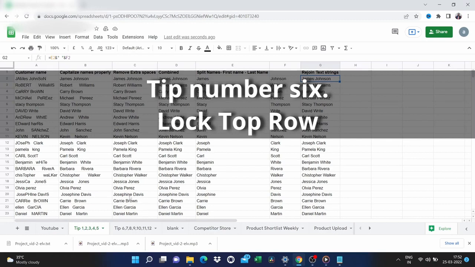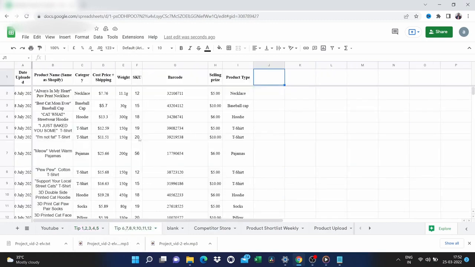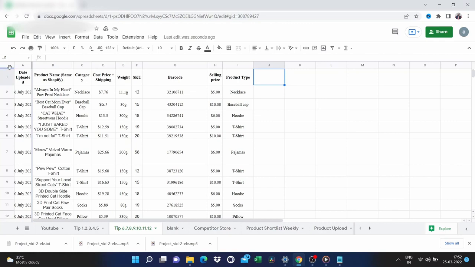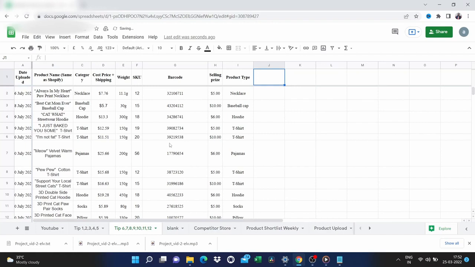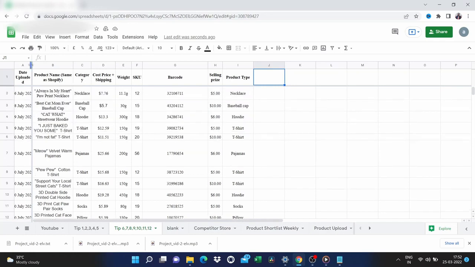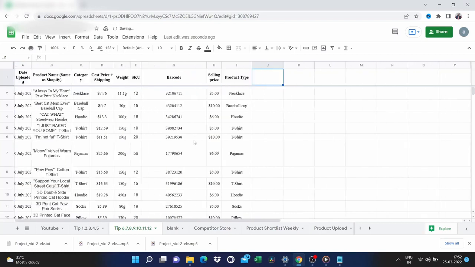Tip number 6. Freeze top row. If you have a table with lots of rows, it can be annoying when you scroll down and can't see the column header. So what you can do is lock the top row. In Excel, this is called freeze panes. If you hover over this horizontal bar and drag it underneath the row you want locked, this will now stay in place. If I scroll down, you can see all the column headers. You can do the same thing for the columns except you use the vertical gray bar here. Make sure the hand appears, drag it across, and now the dates are locked when I scroll left and right.